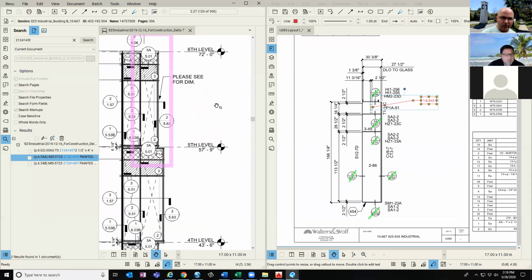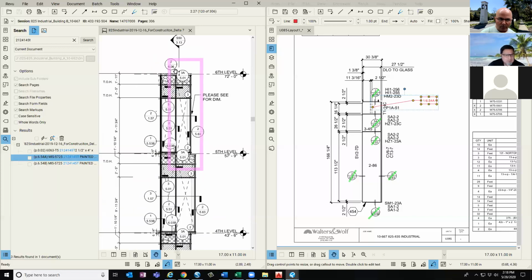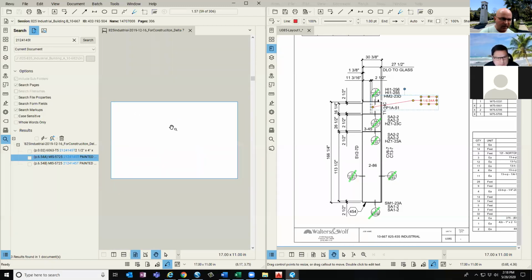So what I do have here, instead of having dimension strings showing up on my elevation, which wouldn't work trying to track down this whole row, you can see that this next row down is way offset from this row here. I actually have the floor plans showing, so I can go to those to determine what's happening. So in this case, this upper floor plan, this is the 5th floor that I'm looking at here, is this 21157. So if I go to that detail,